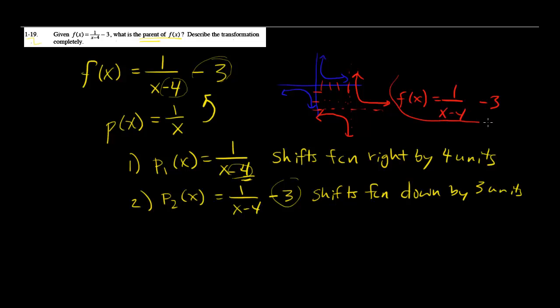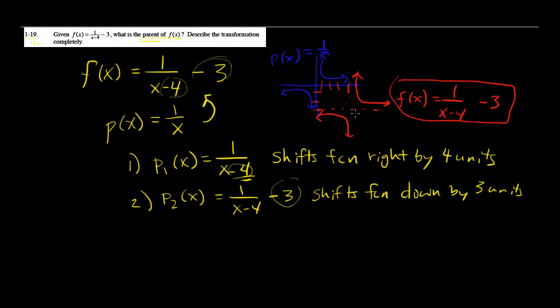You can check this by looking at the graph of both f of x and p of x. In blue here we have p of x, which is just 1 over x. So we can see that yes, it's true that it's just shifted to the right by 4 units and